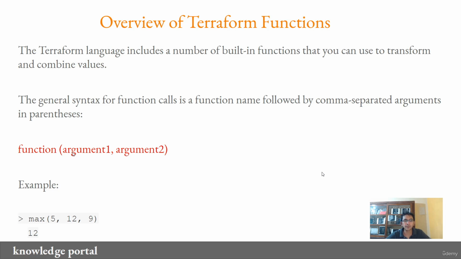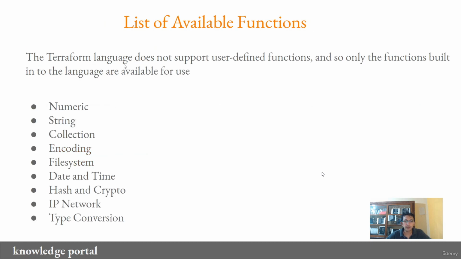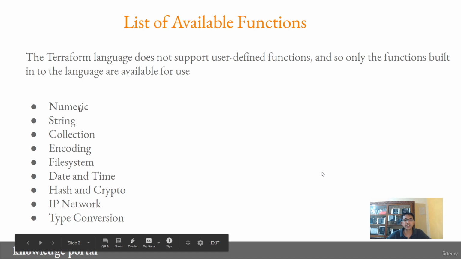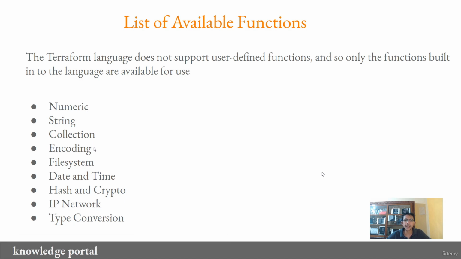And the output of the function is 12, which is basically the maximum of all of these 3 numbers. So this is one sample function that is available in Terraform. Now the Terraform language does not support user-defined functions, and so only the functions built into the language are available for use. So there are multiple categories available for functions, like you have numeric, string, collection, encoding, file